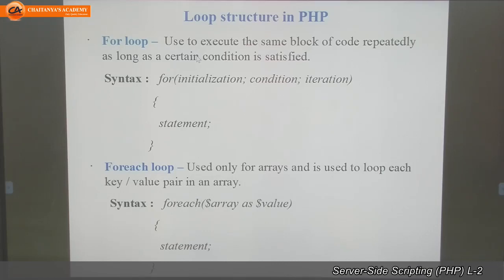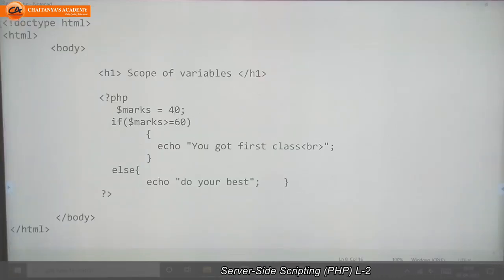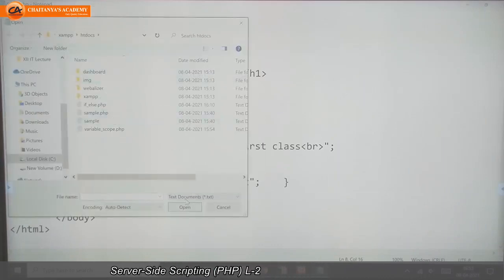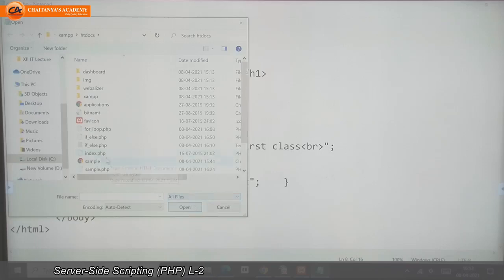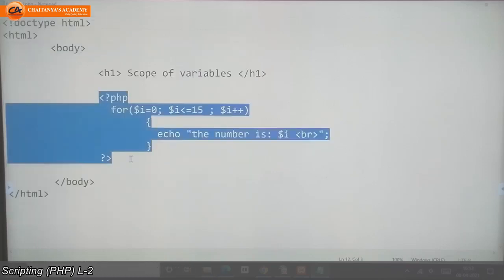Now we'll see about the for loop. We'll see how it executes, how to write the program, how to execute the program. See, we need to write only 4-5 lines for that purpose.